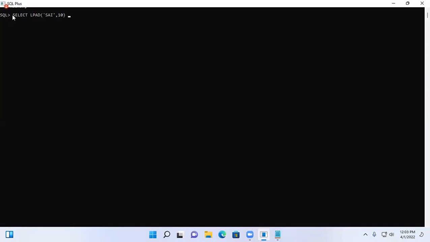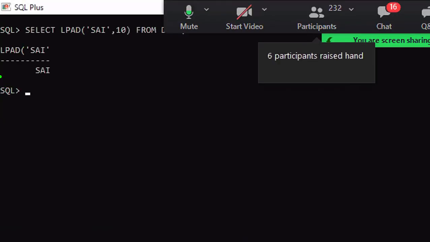So now you can see, I'm going to execute now. So user defined length is 10. My string length is 3. So now tell me, your string length is less than user defined length, yes or no? Yes. Then what we want to do, we need to add some characters. Suppose you are not using the adding character, it will take spaces by default. And how many spaces will it take on the left side? Total 7 spaces will take,